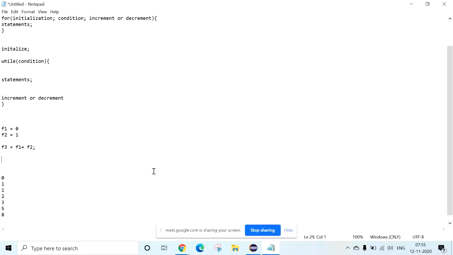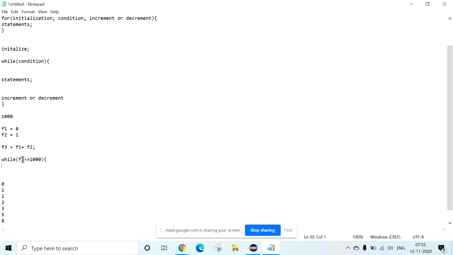Then what we need to do is, how do we write it and what will be the condition? For example, I want the Fibonacci series till 1000. Now you can make the while condition F3 less than or equal to 1000.